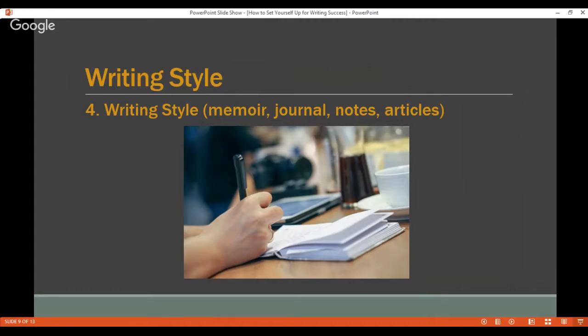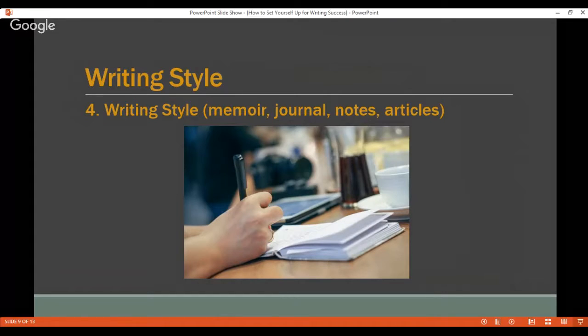So just to get yourself started, I want you to choose one writing style. It doesn't matter what it is, but I want you to choose one writing style and one project, and I want you to stick with it for that first month, okay? So if you're thinking, okay, I'll start off with journal writing and I'll do journal entries, that is perfect. Couldn't be better.